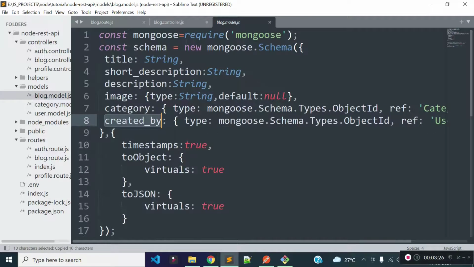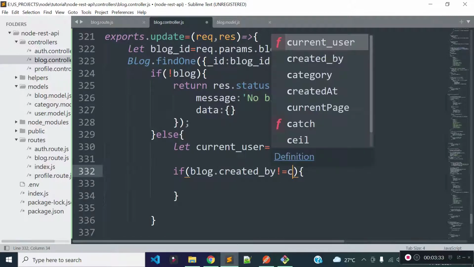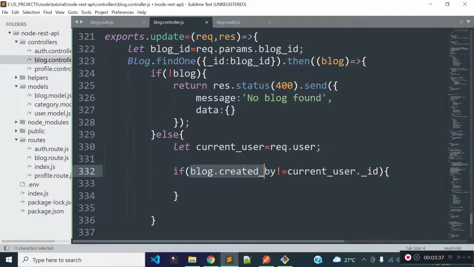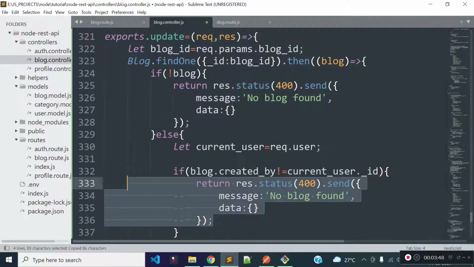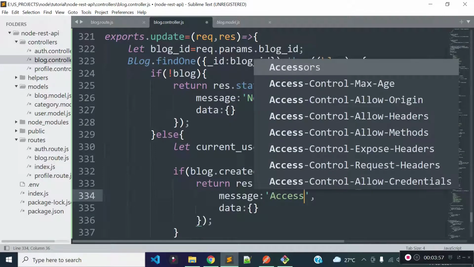You see we store the user ID in this createdBy field, so I'll check blog.createdBy not equal to current_user._id, that means id, if id doesn't match then I will return a JSON response with message access denied, that means if this blog is not owned by current user then we will return a JSON response with message access denied. You can modify the message as per your choice,